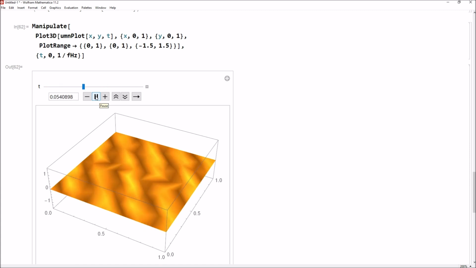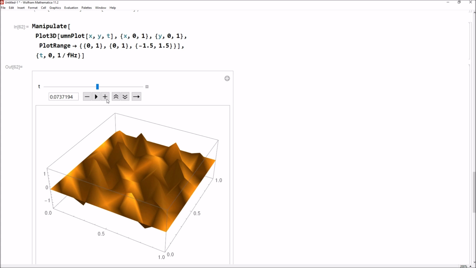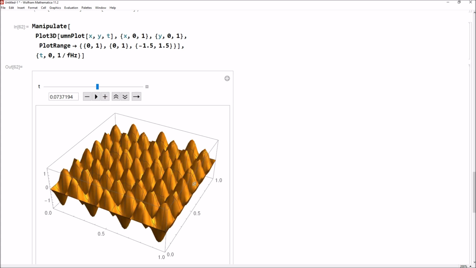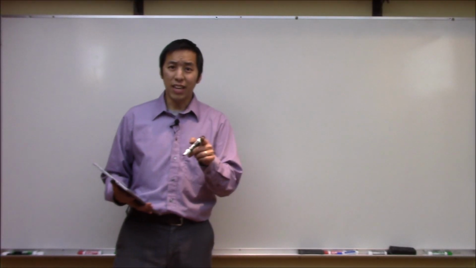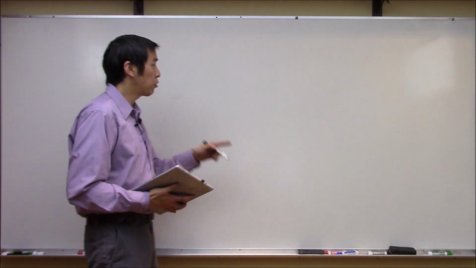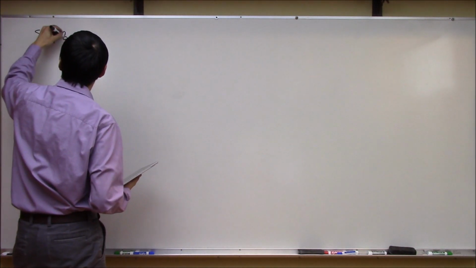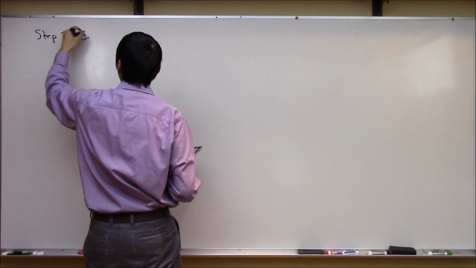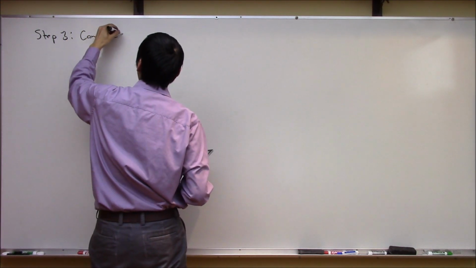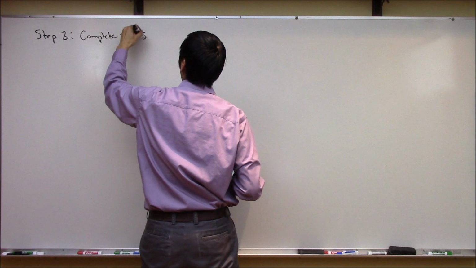We know how the system operates in these base modes. How about now moving on and getting the solution to the entire problem for an arbitrary initial condition? So let's jump over to the whiteboard to get the total solution. All right, so we've got the eigenfunctions and the eigenvalues set up. So let's work on step 3, which is to compose a total, complete solution that satisfies